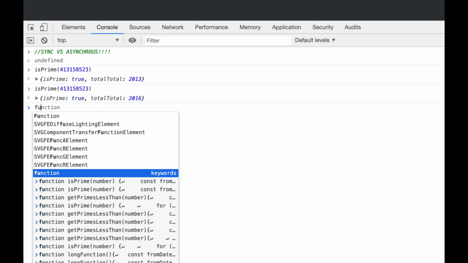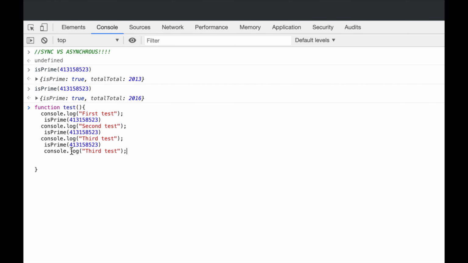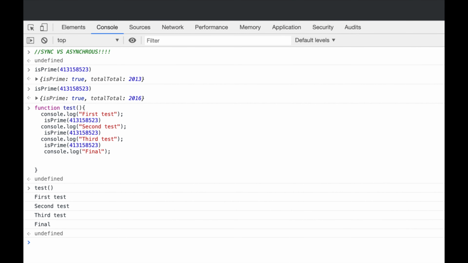So let's write a function as an example. Test, right? And here's what we're going to do. Console.log first test, right? And then I'm going to do this. And then I'm going to literally copy and paste, right? Second test, third test, and then fourth test, final, right? So here's how synchronous code works, guys, okay? If I do this function, I call it, look at that. We got the first test, but we have waited, then second test, then third test, and then final test, right? It was synchronous,